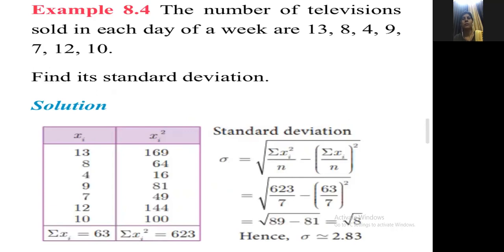The next method is the assumed mean method. But before that, let's understand the direct method with the help of an example. Here you can see an example: the number of televisions sold on each day of a week are 13, 8, 4, 9, 7, 12, and 10. And we are asked to find the standard deviation of the same. So the calculation of the standard deviation here is